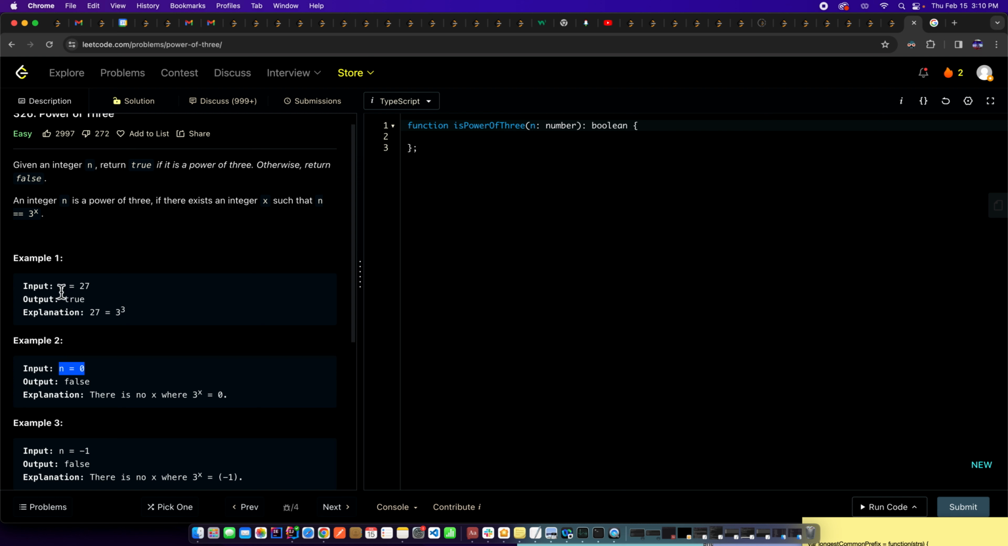So basically, for this problem, the best solution is to take the number and repeatedly divide by 3. So if you start with 27 and divide by 3, you get 9, right? And then you divide 9 by 3, and it goes to 3, and so on, right? Eventually, you're going to end up at 1. So therefore,